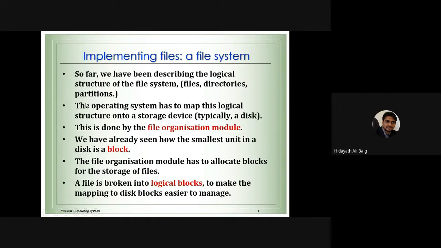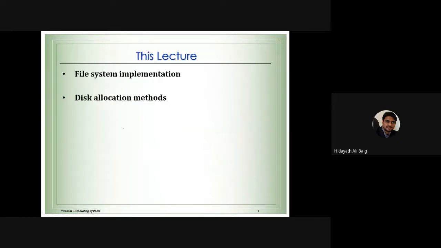Okay, so these are the things we have seen already. I explained to you how we have the files, directories, and the partition. This is the point we discussed in the last class. The operating system has to map the logical structure. The file is what we call a logical thing, and for that logical thing, we need to give the storage. If you remember, I put the picture like this. We know the file contains the file name, but in reality, this is just a logical thing. It means there is no reality behind the file name. It is just a logical name given by the user. File name is a logical name.